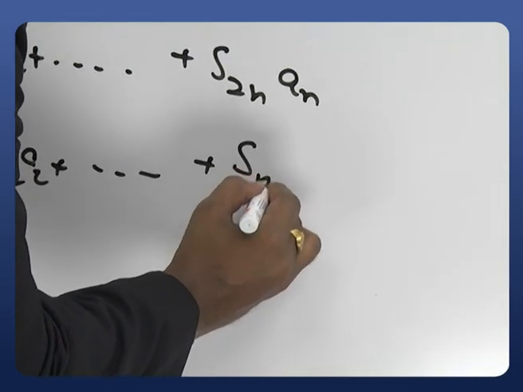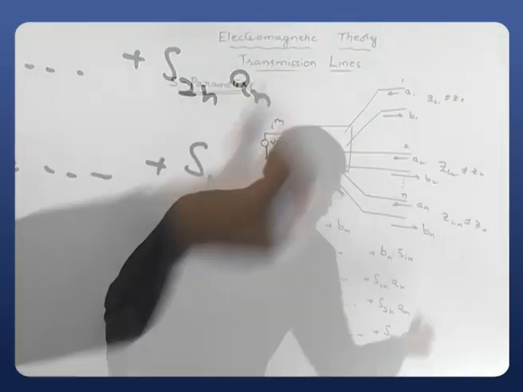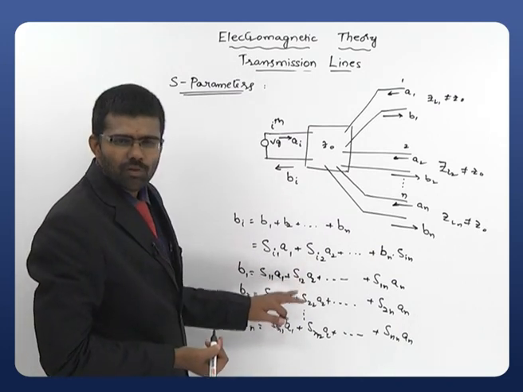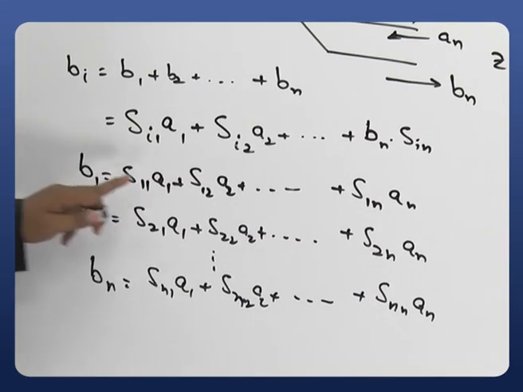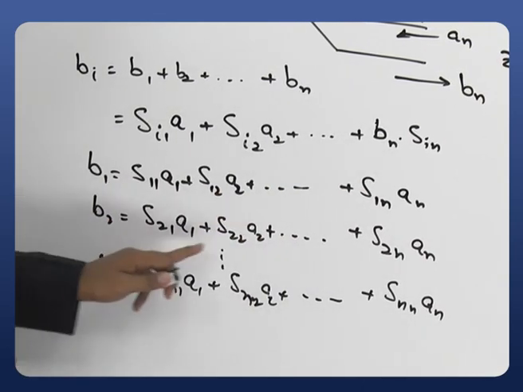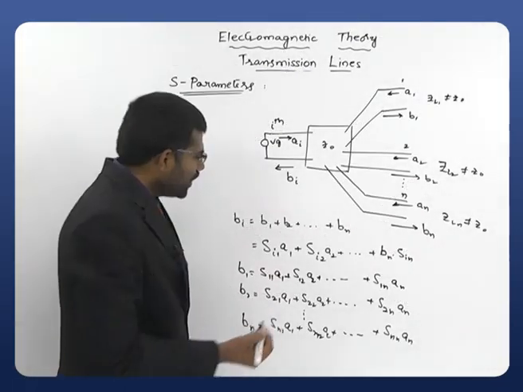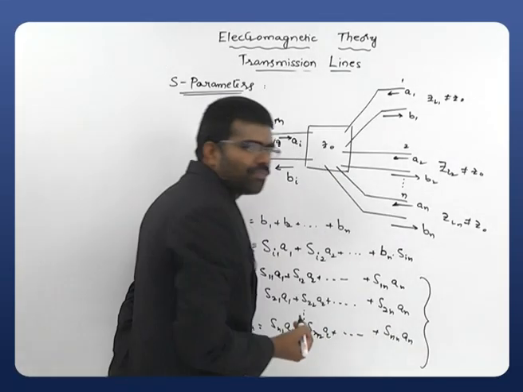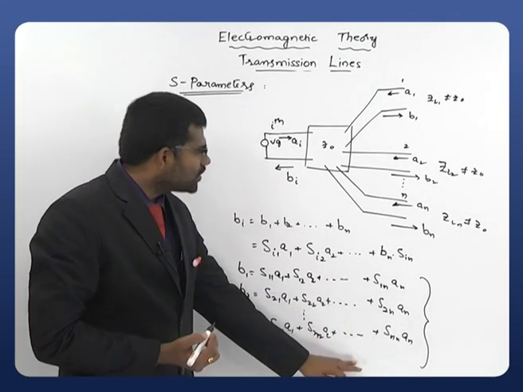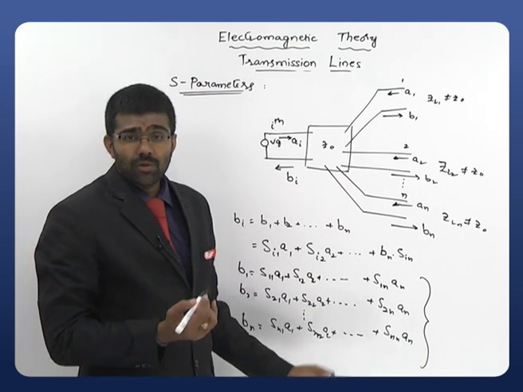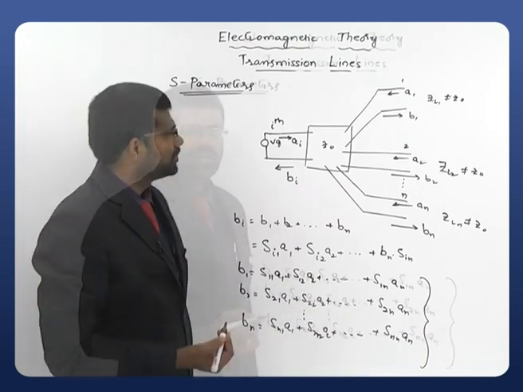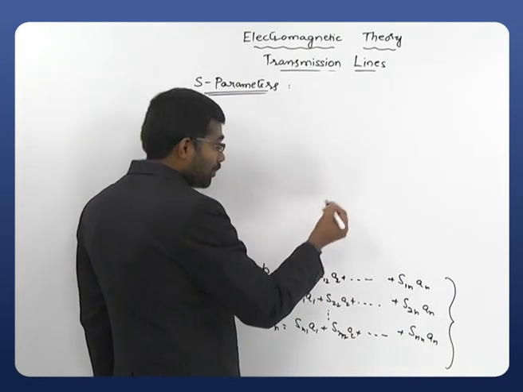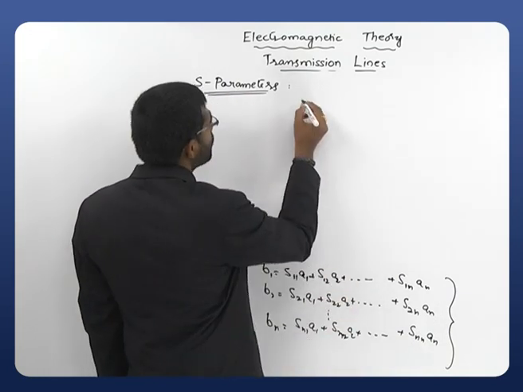plus Snn An. Now just observe these equations, they are all linear equations in terms of B1, A1, A2 up to An, B2, A1, A2 up to An, like that. You can easily convert all these equations into a matrix form. Just take these n equations and write them as a matrix, then you will get a beautiful form like this. The matrix form which is compiled after observing all these equations is